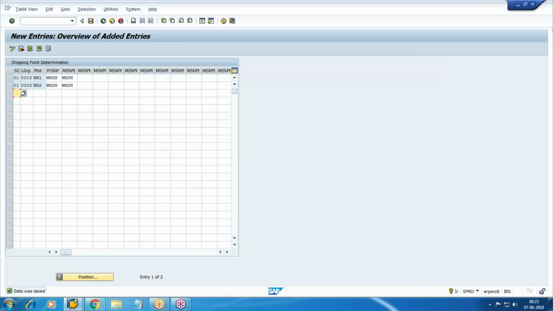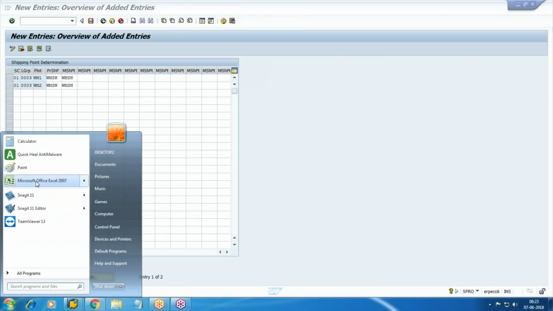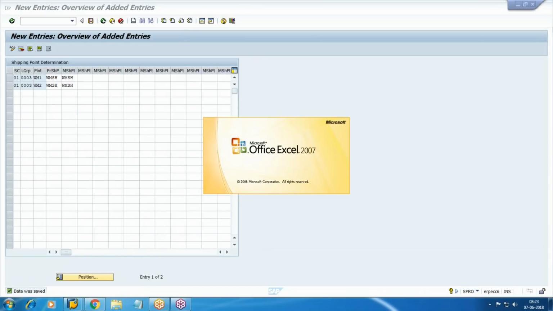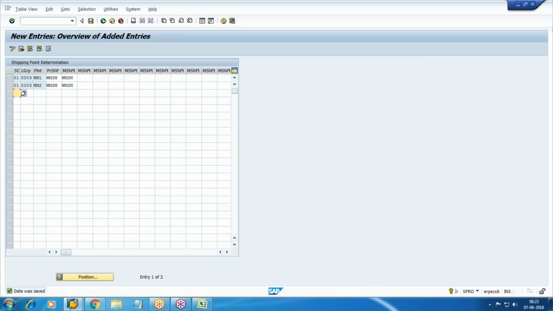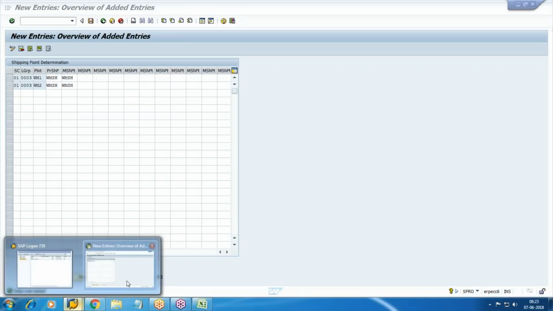Okay, so these are some standard settings we have maintained. Now coming to one important area, that is pricing procedure. So what is pricing procedure and why is it required? And so far what we have maintained, the organization structure, if you want to check,